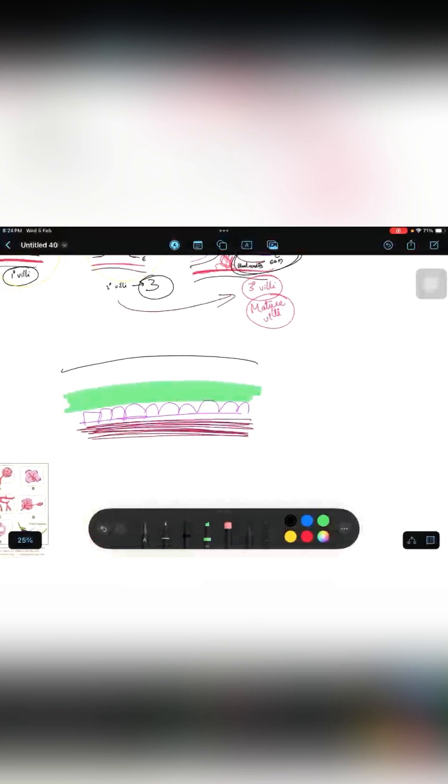Whenever this syncytiotrophoblast is growing rapidly, it leaves some small cavities in it. This is a cavity, this is a cavity, this is a cavity. At first they are arranged irregularly. But gradually they increase in size. Slowly the syncytiotrophoblast grows and they increase in size, which leads to the